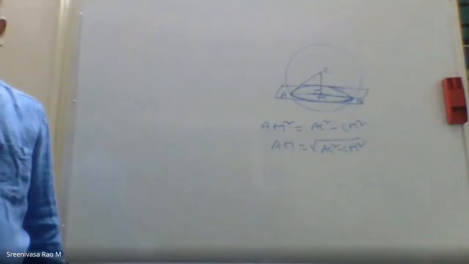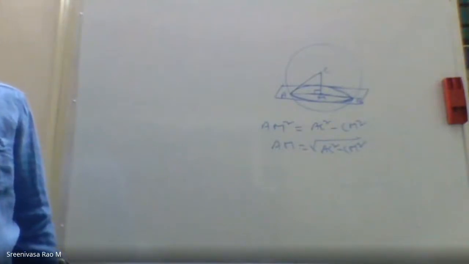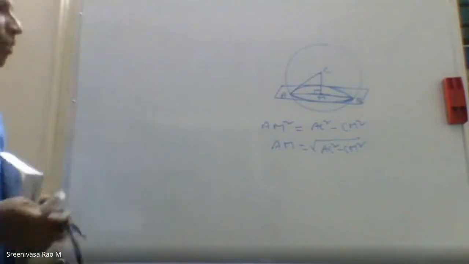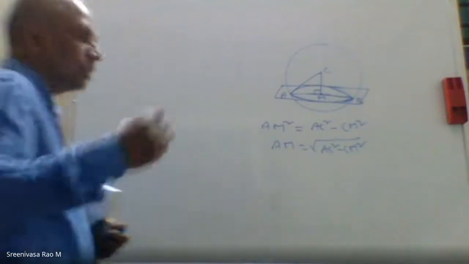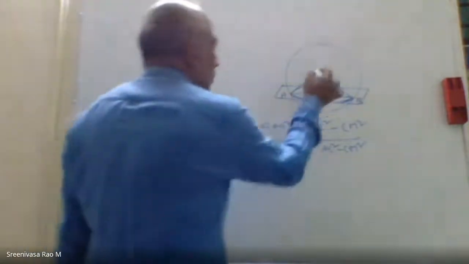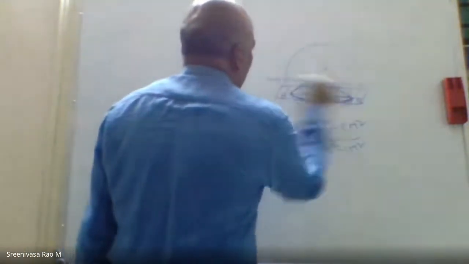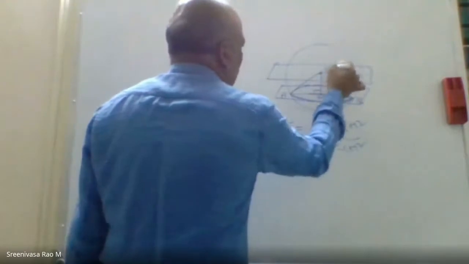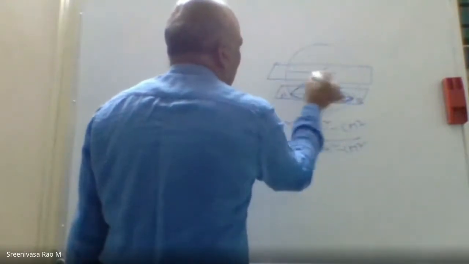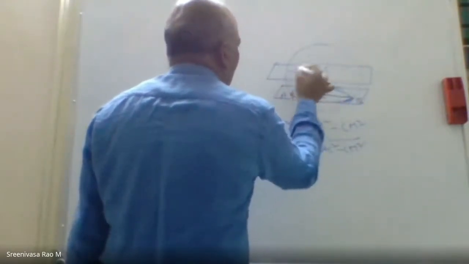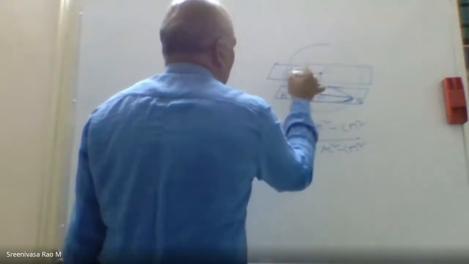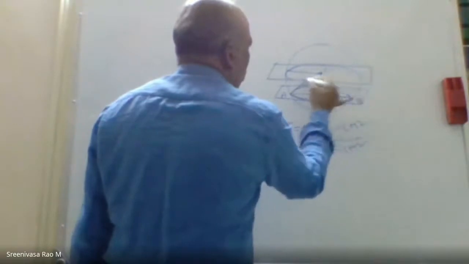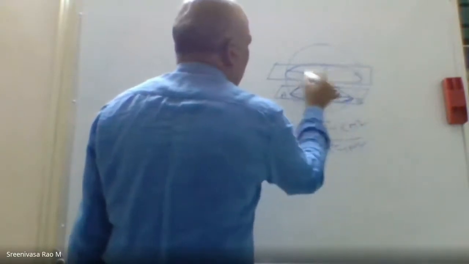Its center and radius are the same as those of the given sphere. What I'm telling here is, when can I say it is a great circle? If I get the plane section like this, both are the same. Radius also will be the same here. So the circle you will get is like this.